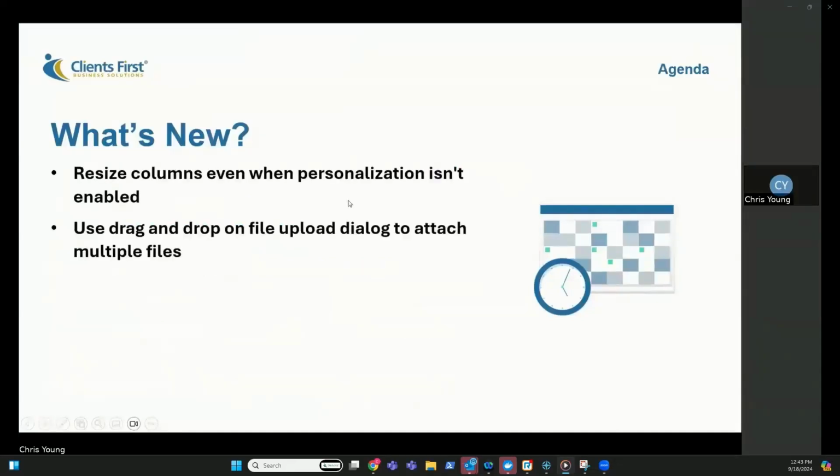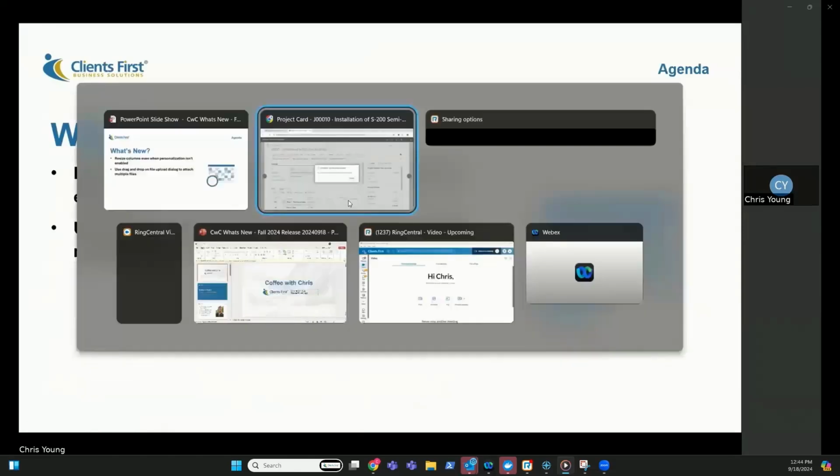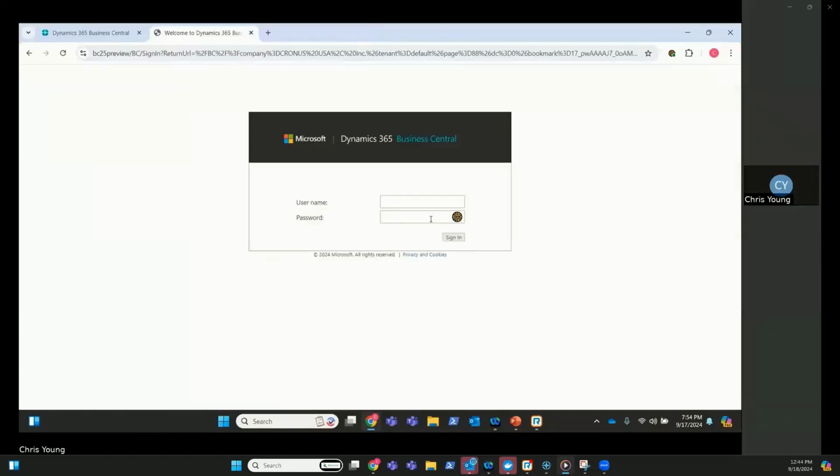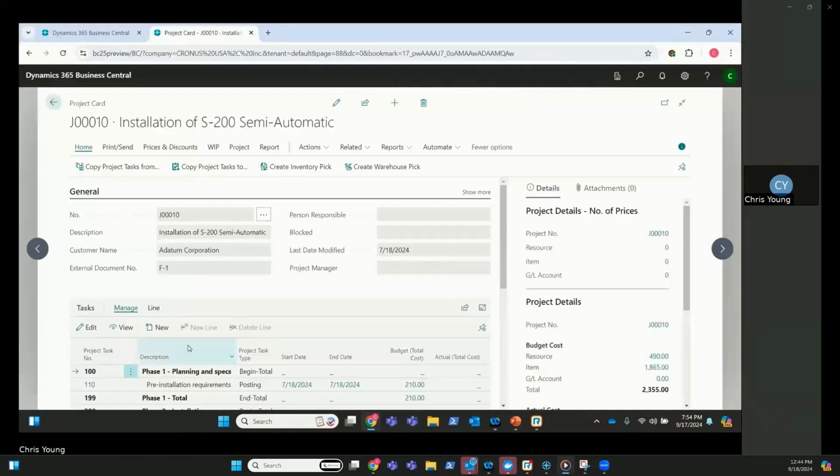And resize columns even when personalization is not enabled. So basically, for anyone that knows what that is referring to, when you are looking at a sales order, or right now I've got these lines on this project card, wouldn't it be nice if I could make this a little wider? Well, now you can do that without having to go into personalize to design to change those column